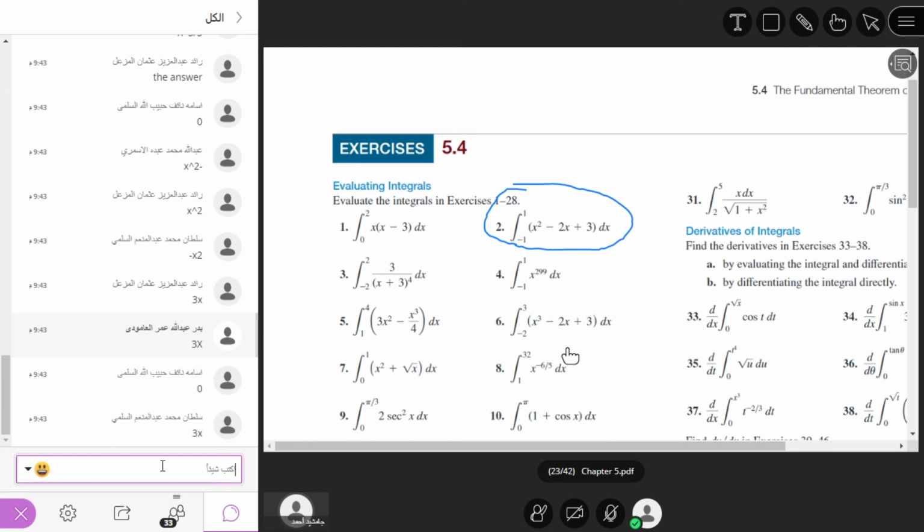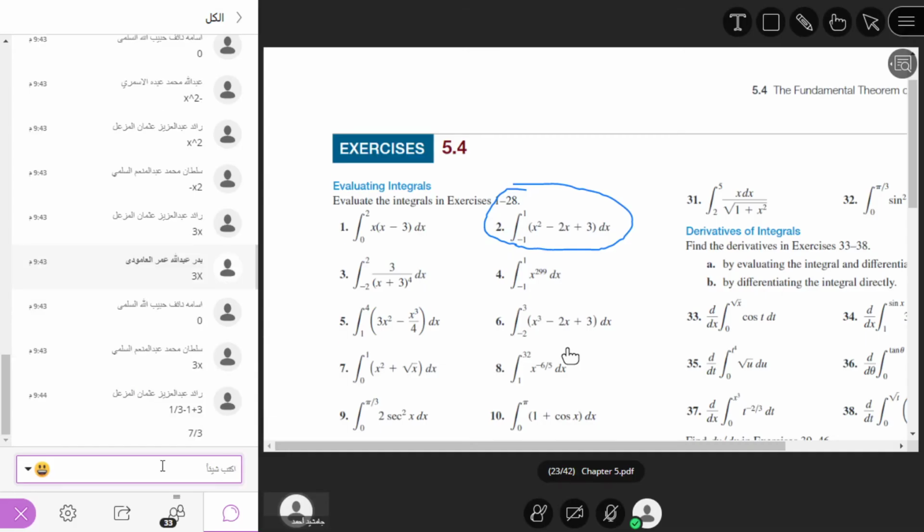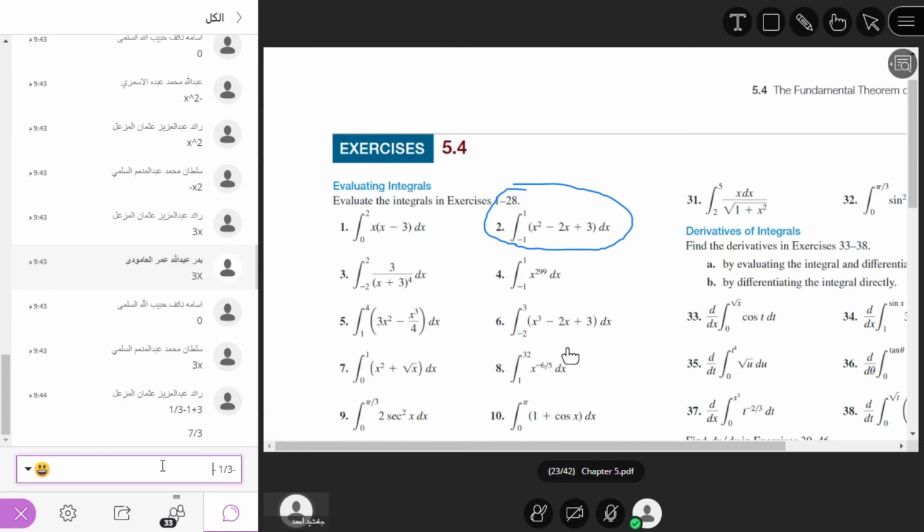Upper limit in x power 3 divided by 3 minus x square plus 3x. So whenever we put upper limit, what is the answer? 1 by 3 minus 1 plus 3. This is equal to 1 by 3 plus 2, yes, 7 divided by 3. Yes, correct. Now whenever we put lower limit,